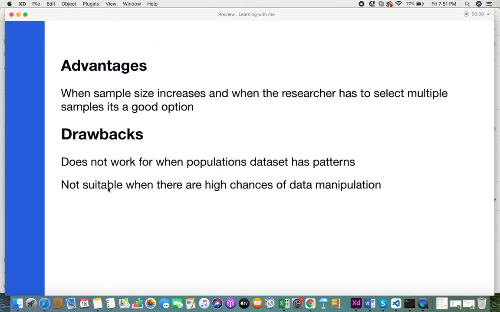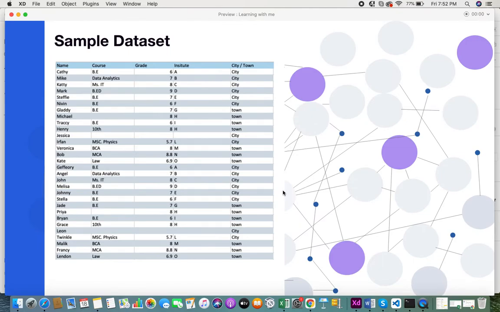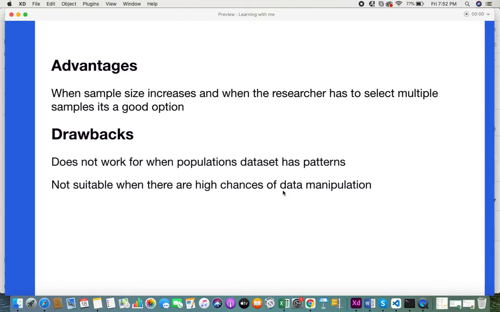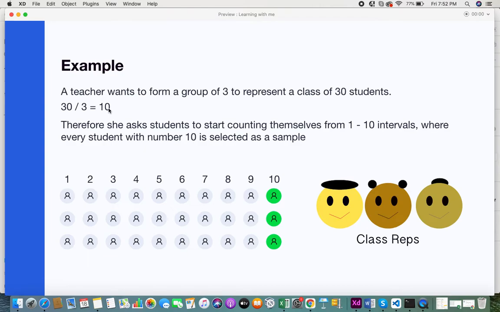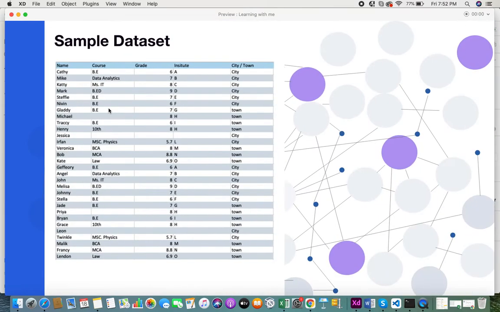And the second point is that it's not suitable when there are high chances of data manipulation. When that kth number, say the 10th, is revealed and obvious, there might be chances that your data set, that's the population, can be manipulated in such a way that every 10th observation that's being selected would support